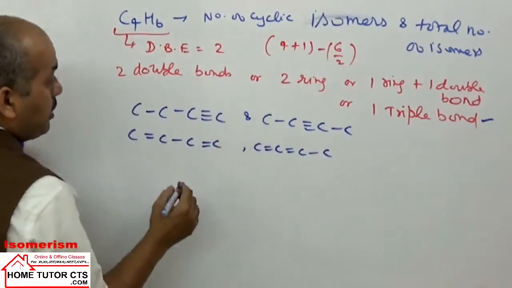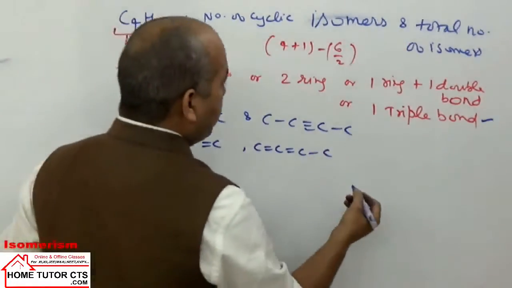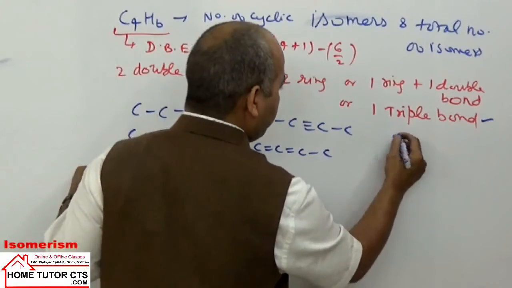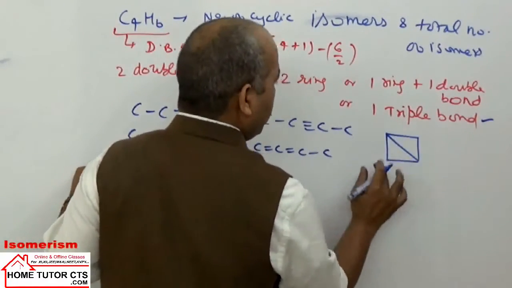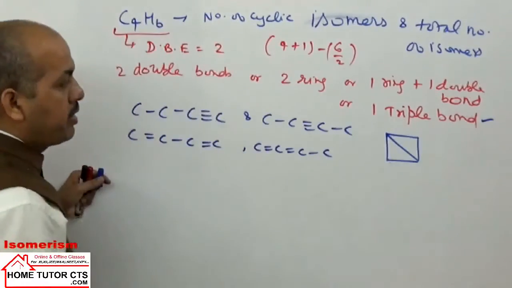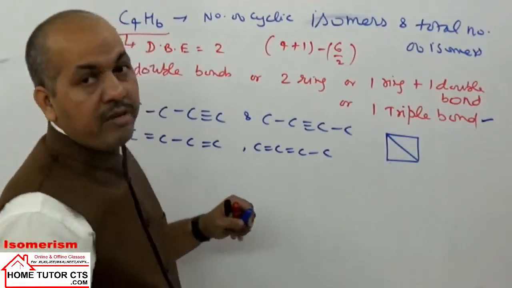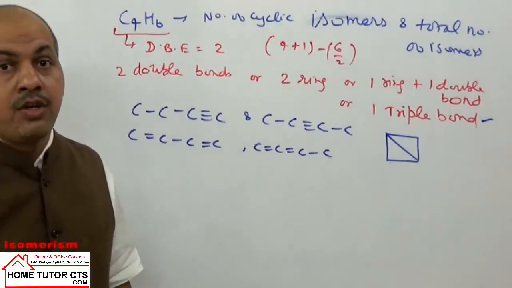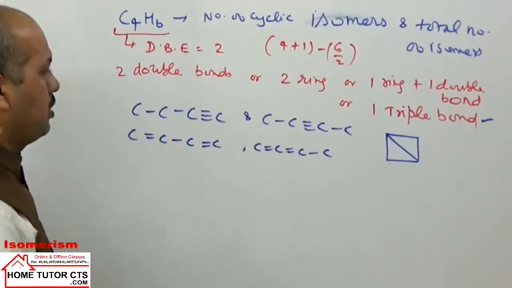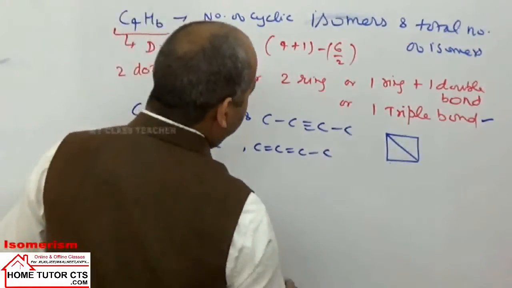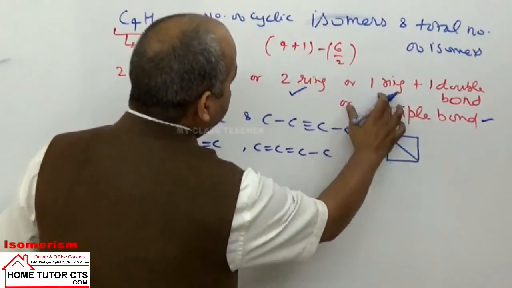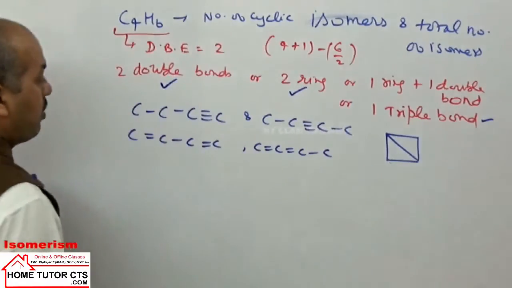Now you can take 2 rings. 2 rings are difficult; anyway the compound becomes bicyclo. In 2 ring compounds, we can have a bicyclo compound. Spiro is not possible. To have a spiro compound, you need at least 5 carbon atoms. So we have done this combination, over. This combination is also over. Now we take this last combination, 1 ring plus 1 double bond.